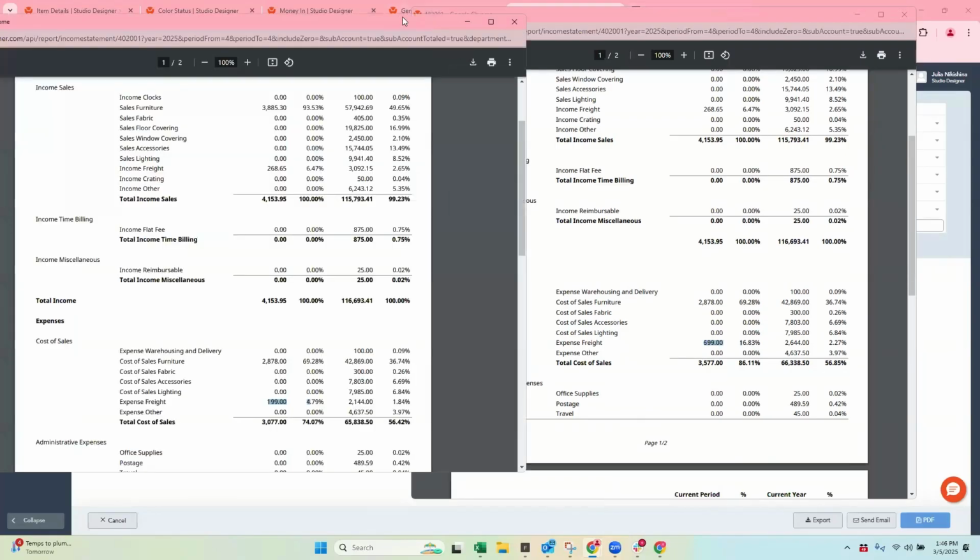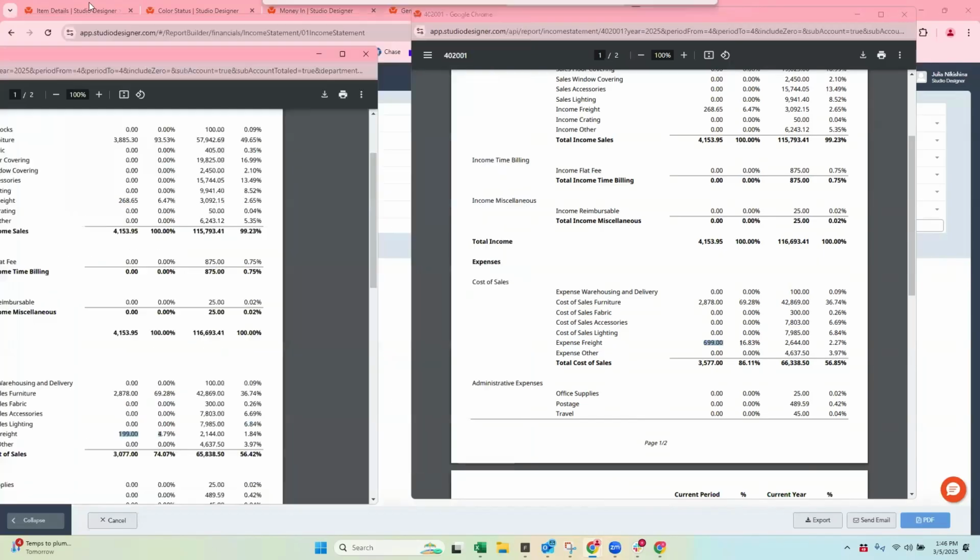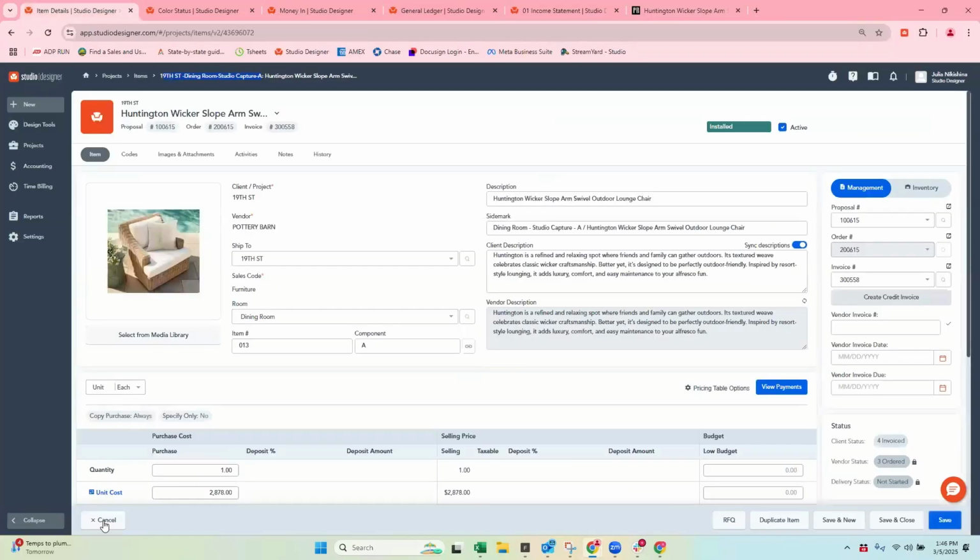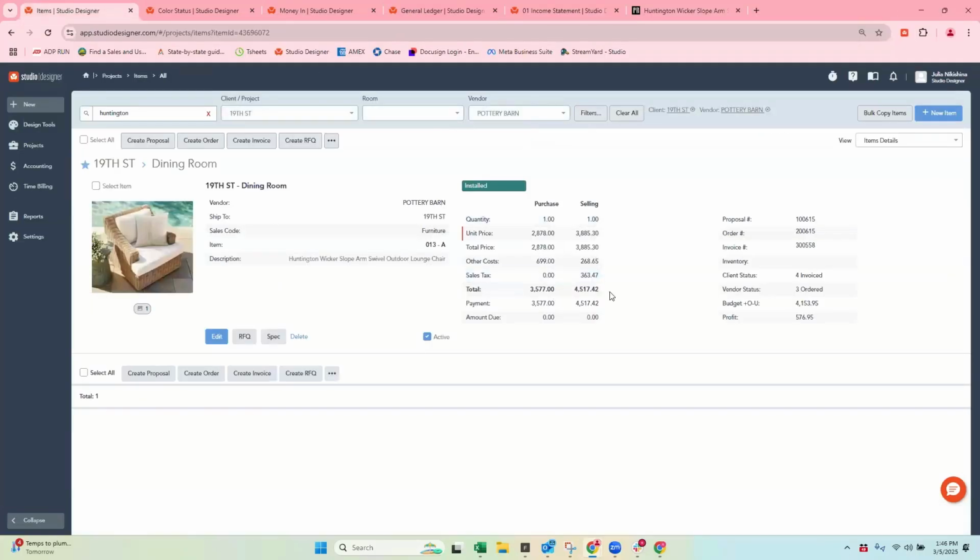So I'm a really big advocate, and this is a personal preference from being in the database for many, many years, of only invoicing when I know these are $0. When there's nothing owed to the vendor and nothing owed from the client, and I know that the costs are final and that the product has shipped.